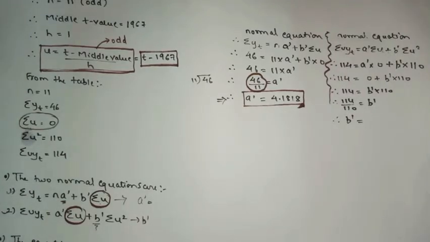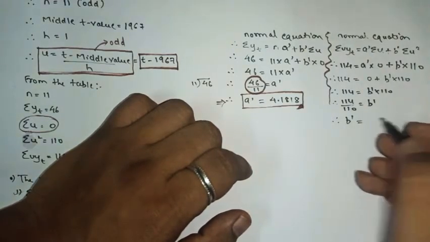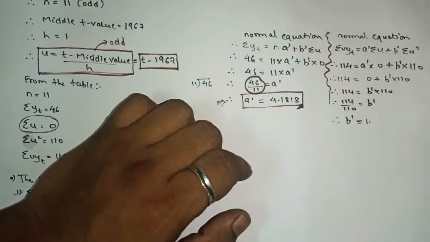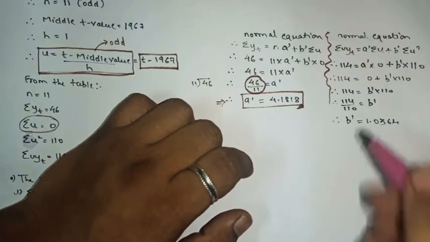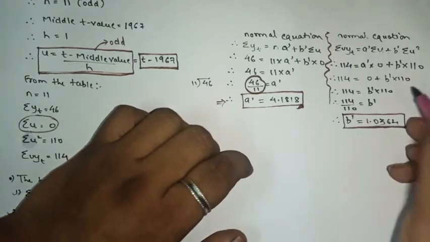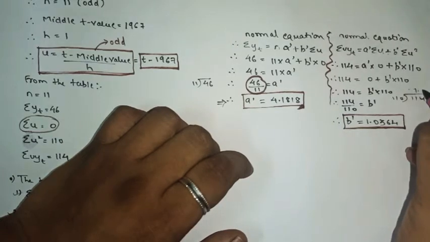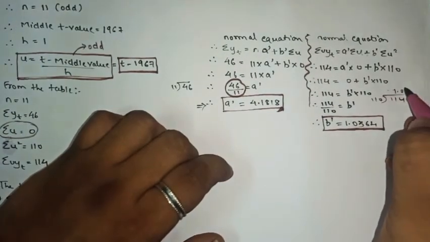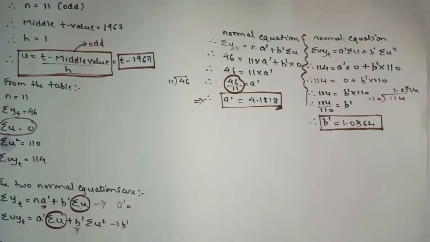Take your time and solve this part, as here I got the answer. So directly I will write, 1.0364. I hope you all might be knowing how to divide any two numbers. Yes or no? Division part you all might be knowing. So when you will divide, here you will get what? 1.0, yes or no, 364, up to 4 decimal places you have to consider. So here we got the value of a dash and b dash.